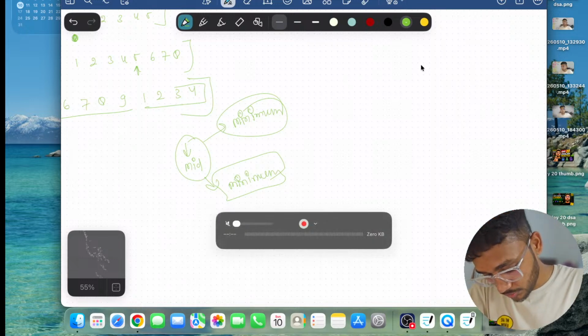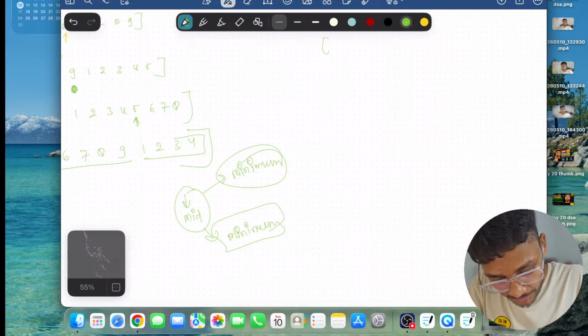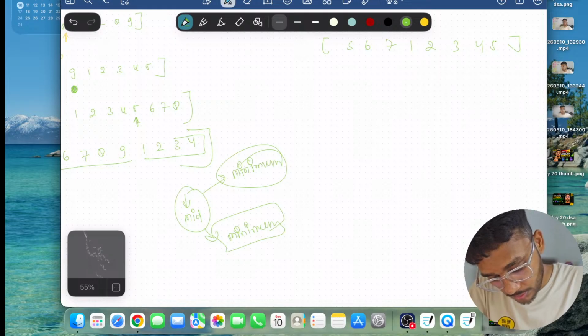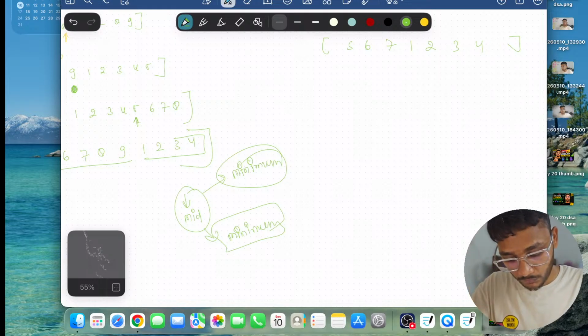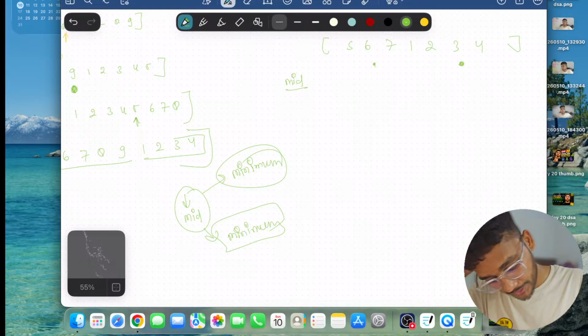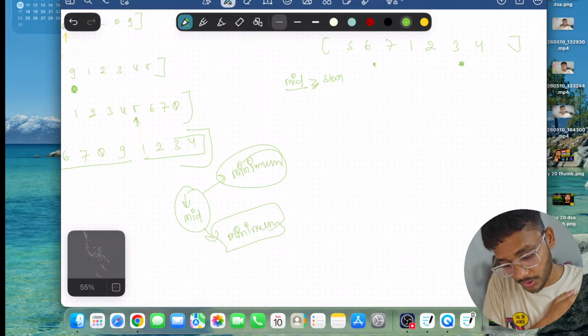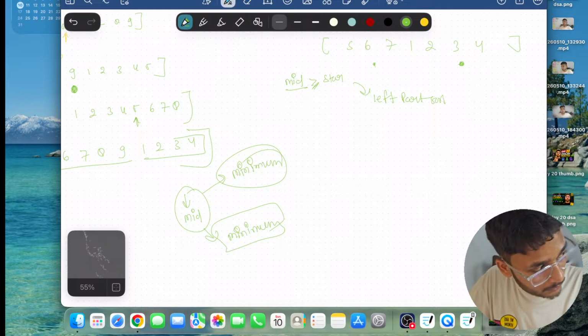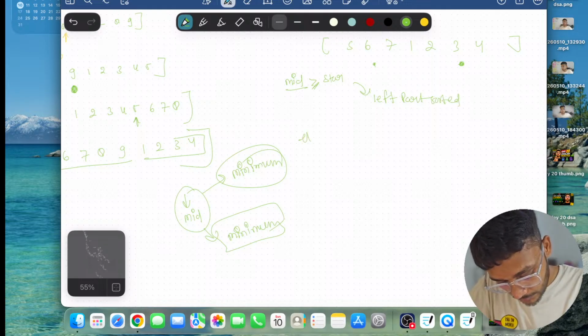First thing is we have an array with a few numbers, let's say 5 6 7 1 2 3 4 5. First we'll get mid. So mid could be here or could be here. All the numbers are distinct, so we can say if mid is greater than start, that means we are in the left sorted part. Else,